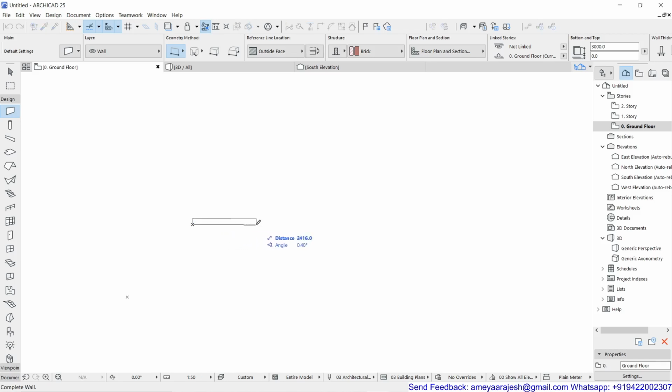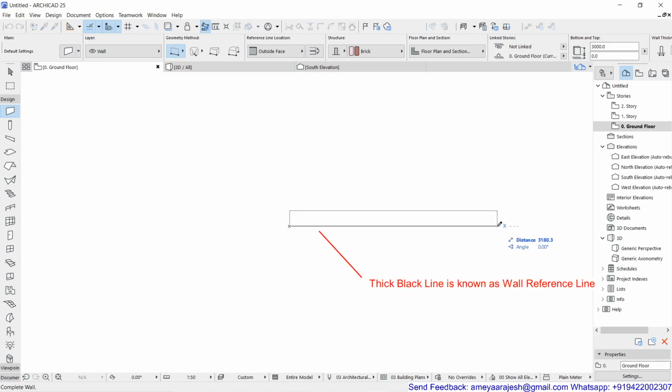And the way you start drafting, now if you realize the display becomes too tiny for some reason, you can enlarge it with your mouse wheel button, so that it becomes very comfortable for you to see the appearance of the wall in front of you. And if you check out the lower left corner of your screen, it says complete wall. That means you have to place the second endpoint of the wall to complete it. But prior to that, just check out my wall thickness. The line which I am placing right now is known as a reference line. And my reference line and the outside face of the wall right now, they are flushing.